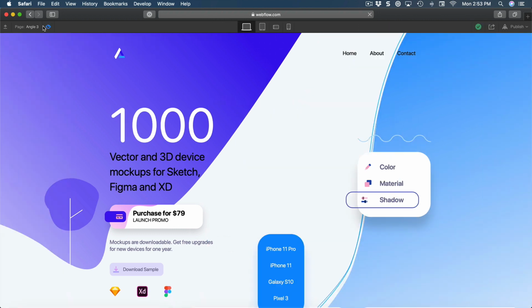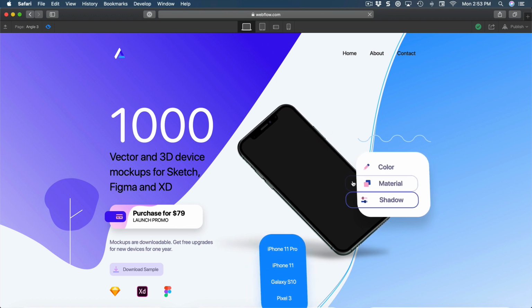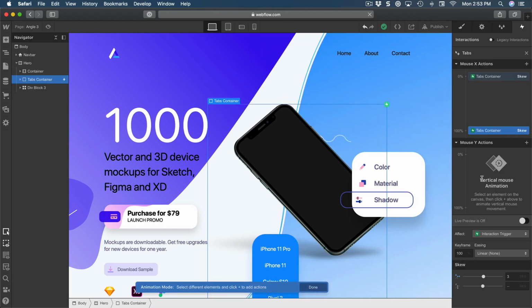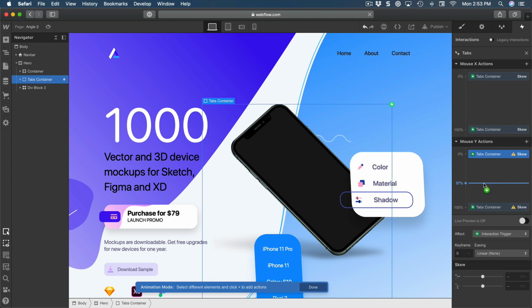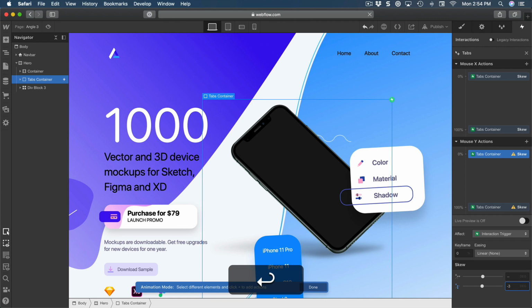Already, if you preview this, you can see that when I move left or right, it just skews using the X position. If I do it in the other sense, which is the Y position, it's not doing anything. So let's add that, because they can be combined to create an even better effect. So I'm gonna go to the mouse X action, click on the plus, skew again, select 0%, go to the Y for the skew, from -3 to